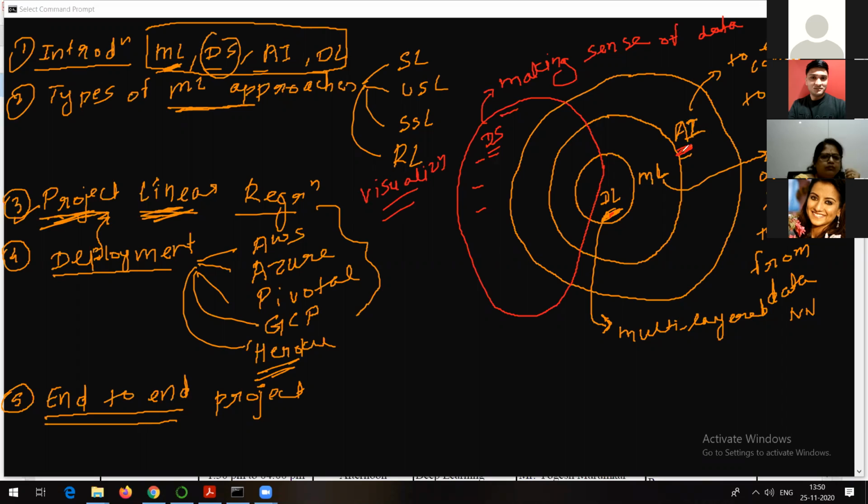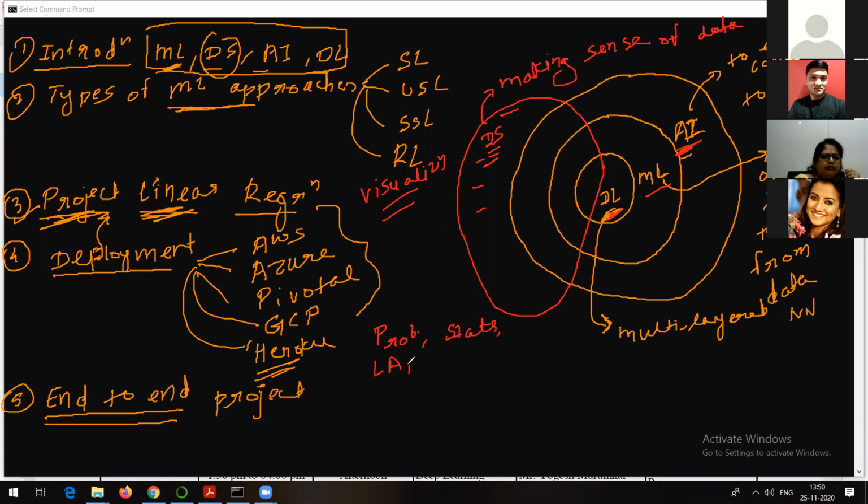And for all these areas, artificial intelligence, machine learning, deep learning, or data science, there are some fundamental tools which are required. As I told you, we will discuss those fundamental tools. So what are those fundamental tools? Probability is there, statistics is there, right?